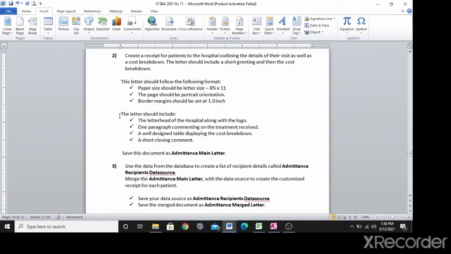The letter should include a letterhead of the hospital along with a logo, right? So the letterhead is going to be pretty much the hospital's name, and the logo we already have from the spreadsheet that we've been using. All right. Your letter is going to have one paragraph commenting on the treatment